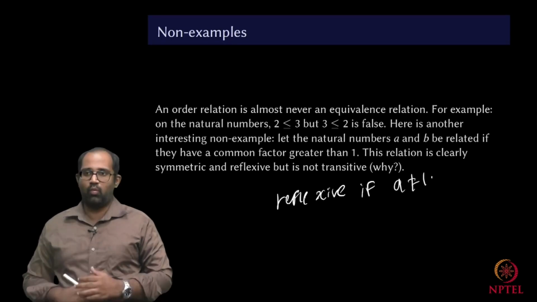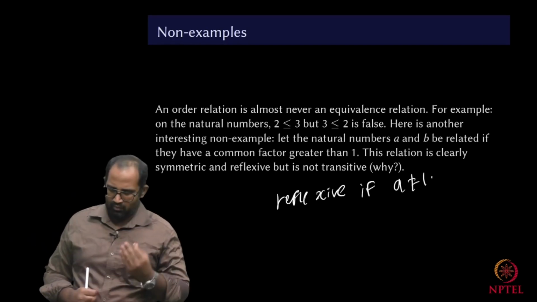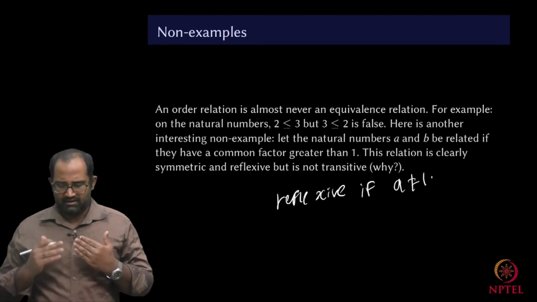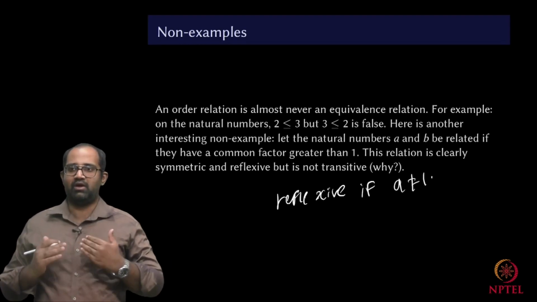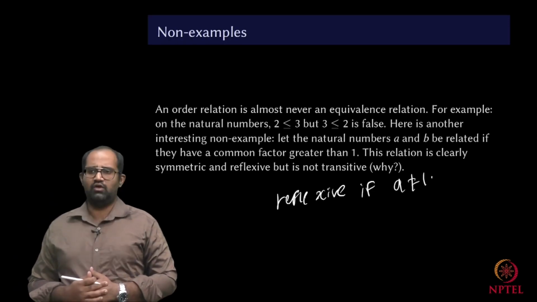So, let us just ignore 1 for the time being. It's a slight oversight, but 1 is going to play a pesky role, but it is not really important. I want to illustrate a different point. So, it is reflexive if a is not equal to 1,